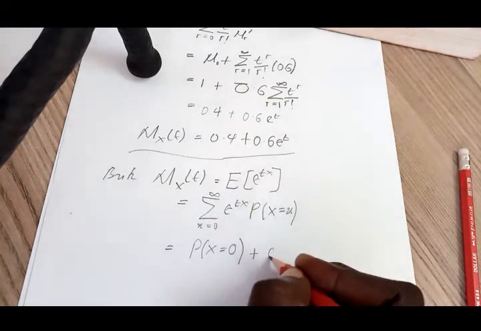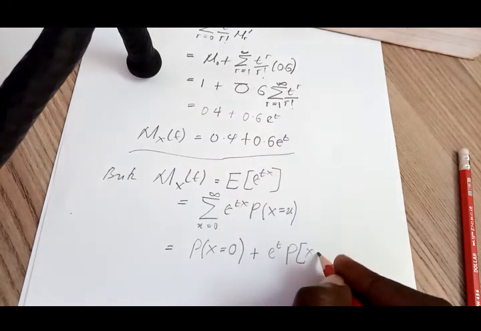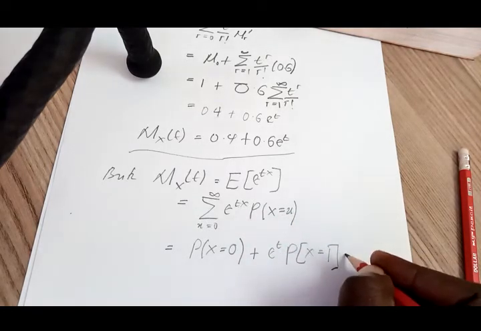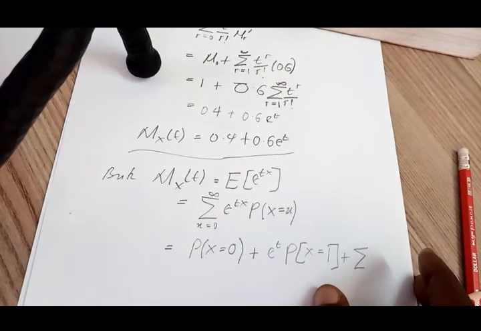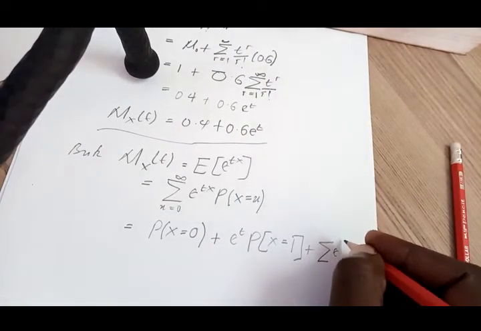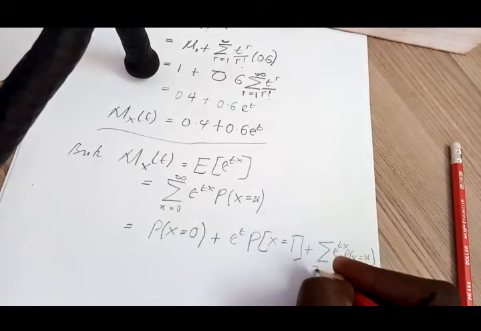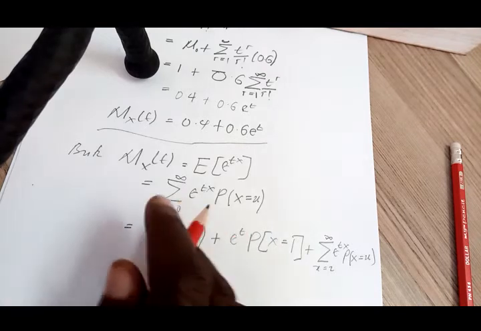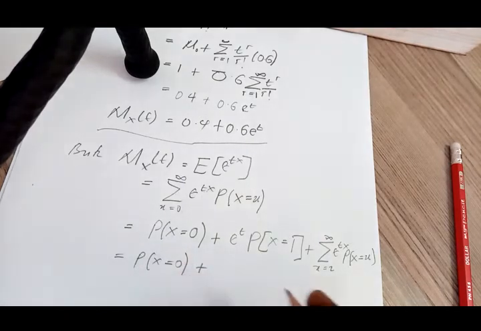Then plus, I hope everyone is following. Then we take this one, it will be e to the power t when x is equal to 1. Then it will be the probability of X equal to 1. Then this continues plus, at this point we'll just assume that it continues with e to the power tx, then the probability of X equal to x, as x goes from 2 to infinity, like that. But we know what this one is, so this is the probability of X equal to 0 plus